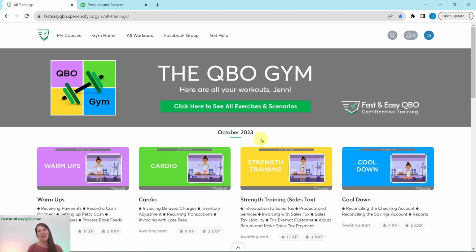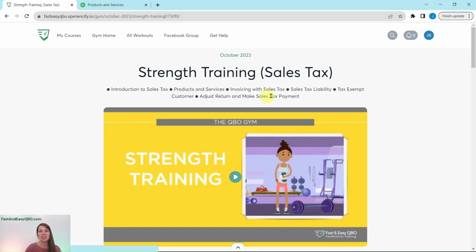All right, here we are in the QBO gym, and the QBO gym is a place where we have numerous exercises that simulate real life scenarios that you may encounter as a bookkeeper. Every single month, we come out with new exercises and we break it down for you into 4 different sections. So today we are going to be working in the October strength training section where we really focus on sales